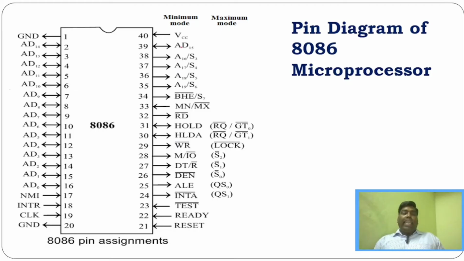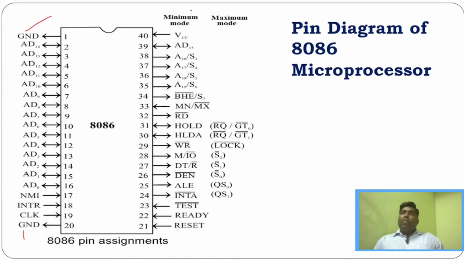We know that 8086 is a 40 pin IC, a 40 pin microprocessor. I have already said in the features that it has two ground pins. You can see two ground pins, and these two ground pins are specifically there in 8086 to reduce the power dissipation. And apart from that, a very important feature of 8086 is that it supports minimum mode as well as maximum mode. So we will start with the pin diagram explanation.